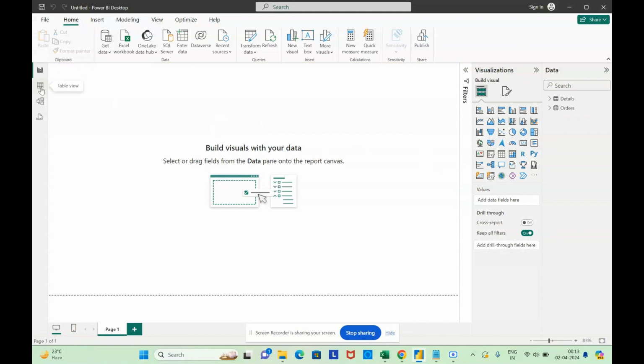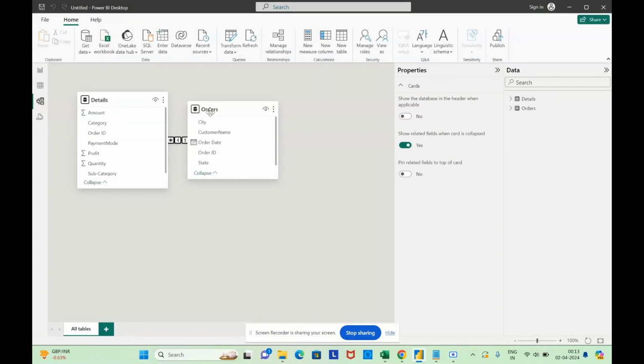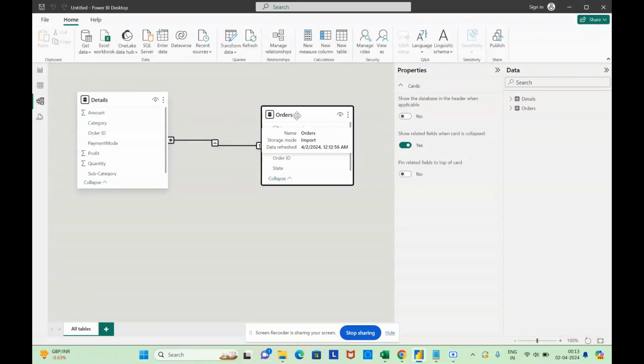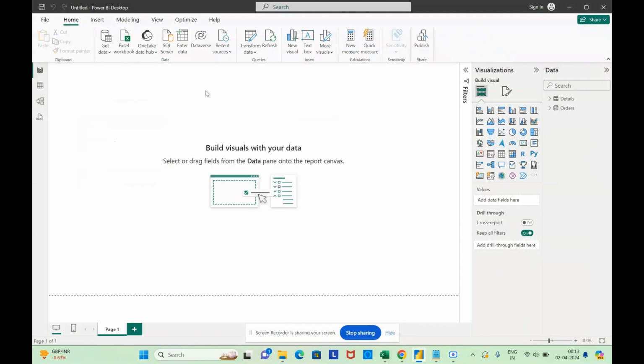You can have a table view of this data, and also in the model view the BI has created a many to one relationship of details with the orders. So it's an automatic relationship that the BI has detected and created for us. How the relationships are created, what relationships are good for you guys, I'll be creating a separate video for this topic. So in this I'll only be focusing on the